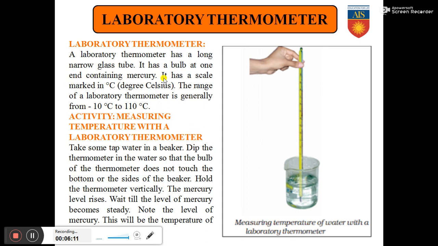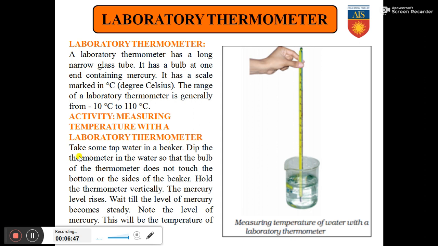Note the temperature properly. The temperature is beyond the range of the freezing point and boiling point of water. Freezing point of water was 0 degrees Celsius, if you remember from the previous class, and boiling point is 100 degrees Celsius. So the laboratory thermometer has a range beyond that of the freezing point and boiling point of water. This is done so that a wide range of temperatures can be taken with the help of the same instrument.